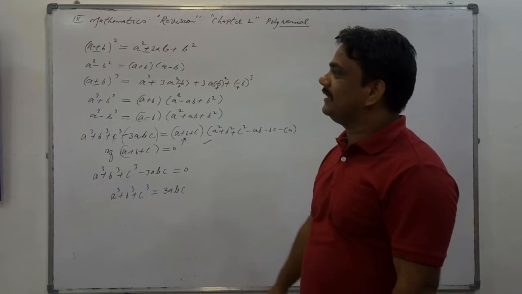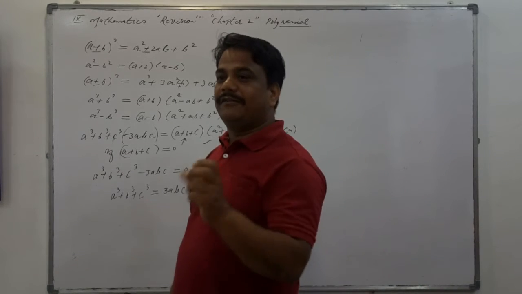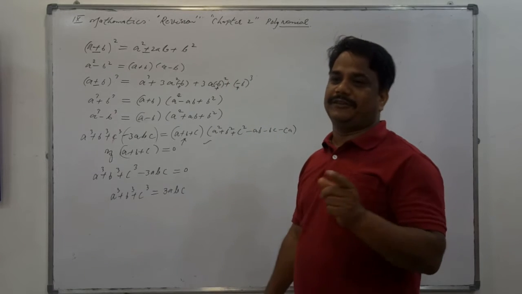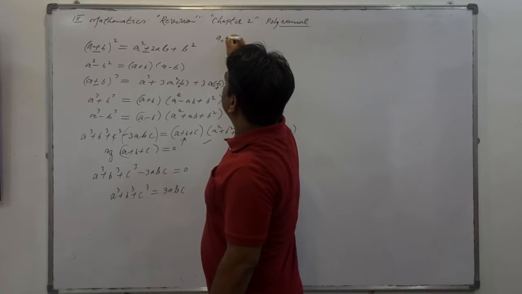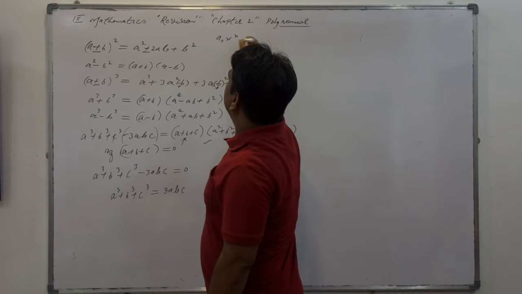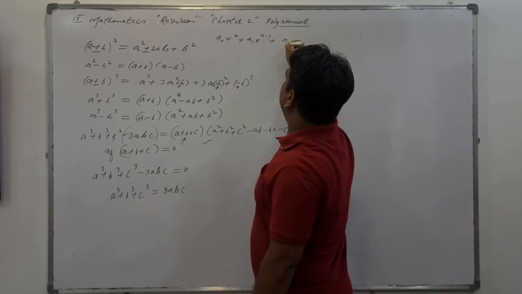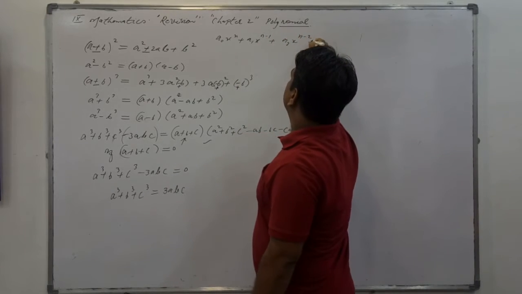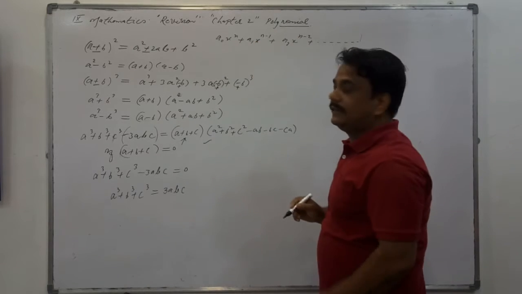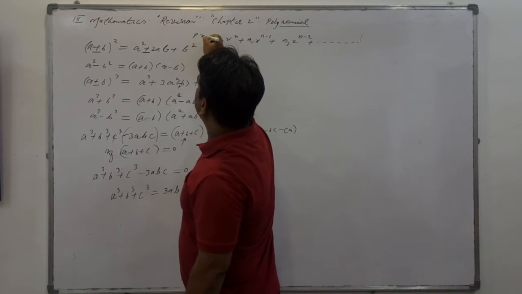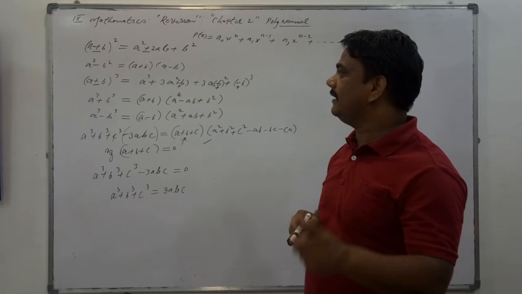So I'm just telling you the questions from that. What are the topics that you have already discussed in the chapter? First, you discussed the meaning of polynomial. Do you know what the meaning of polynomial is? This typical expression looks like a polynomial: a naught x to the power n plus a1 x to the power n minus 1 plus a2 x to the power n minus 2 plus and so on, means the decreasing powers of the variable. This is called a polynomial in x. Is that clear now?